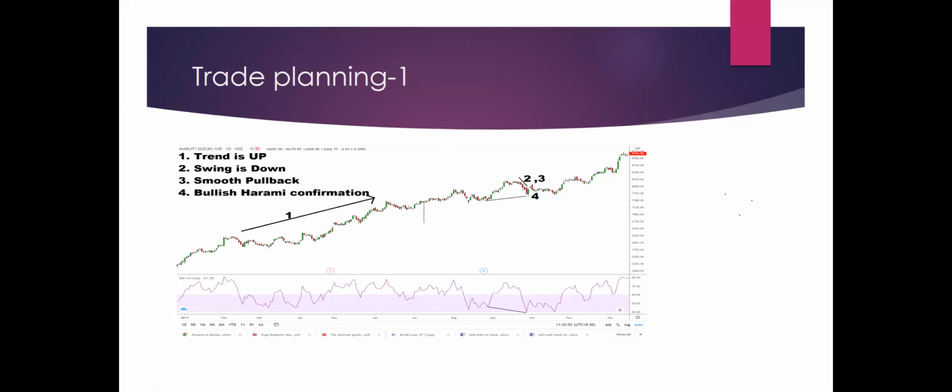So you can plan a long trade above that bullish harami candle on the next trading day. You can target the swing high as your target. You can follow two trading approaches. Initially, you can try to exit all your position at the swing high. Going forward, once you gain confidence, you can exit only 75% of the position at the swing high. You can carry 25% of the position with a trailing SL concept, because you never know when and where the trend will last. So you might make very big money for the remaining 25% of the position.